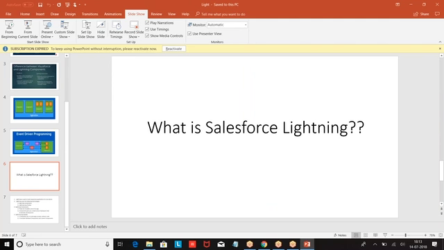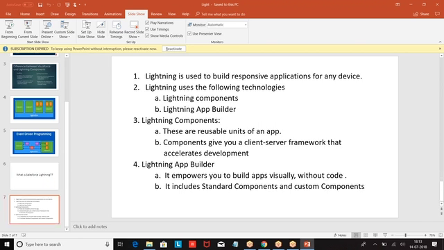What is this Salesforce Lightning? We keep on using a word called Salesforce Lightning. What is this Salesforce Lightning? Basically, it is used to build responsive applications for any device. Now, when you say enterprise application, if you build websites on mobile, it is one format. Websites, if you build, are automatically responsive on mobile, tablet and